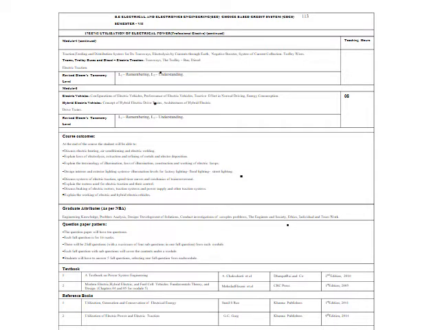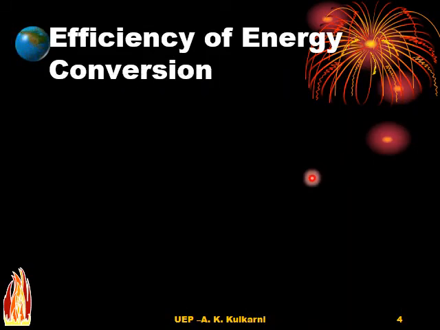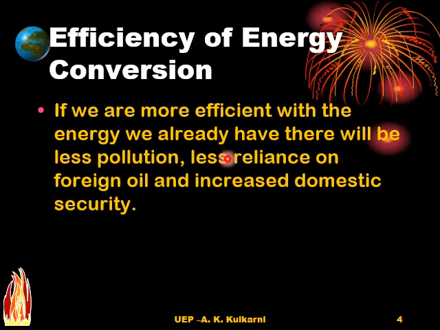We are going to study what the utilization of electric power means. Before starting with our course, first we need to understand what the utilization of electrical power is, and how exactly we are going to utilize the various kinds of power for our work. For that, first we need to understand how energy conversion takes place, and the efficiency of energy conversion.